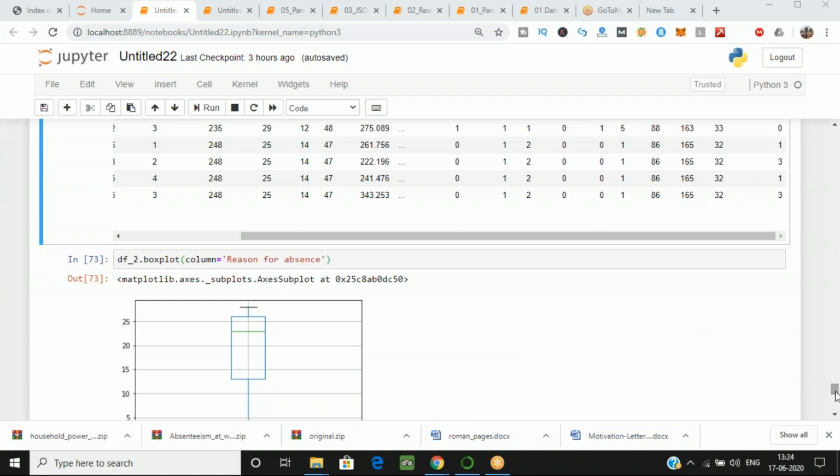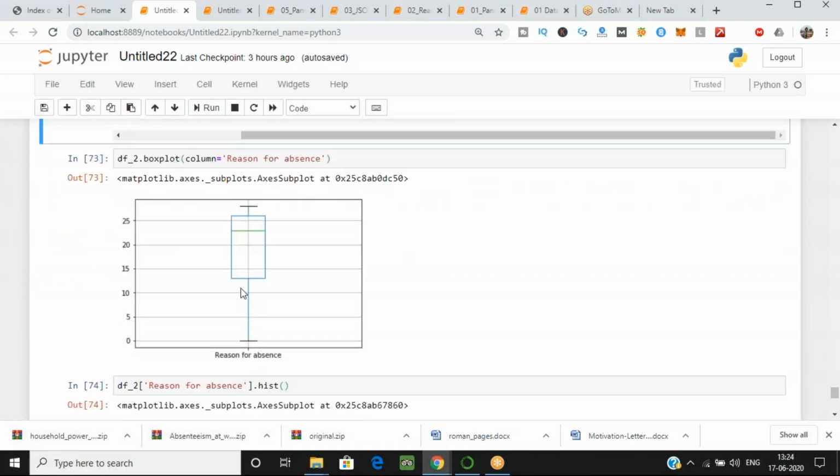So here each line, as you can see, the black line at 0, the blue line between 10 and 15, and the green line and black line above that, each represents a quartile, and each represents 25% of the data.